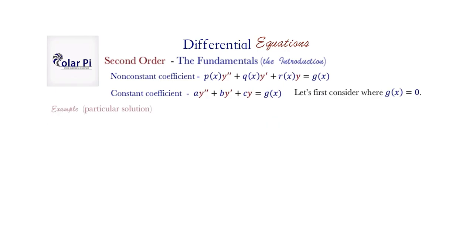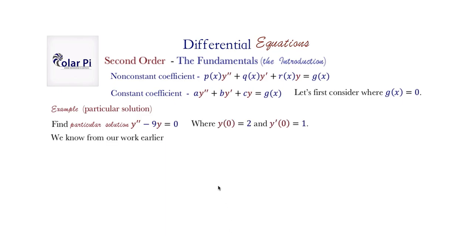Okay, all right. Now, we said a particular solution, right? And that you get from some initial conditions placed on your differential equation. So let's take the same differential equation that we just solved and impose these initial conditions. First one is saying that the solution y is equal to 2 when x is 0, and the second condition is saying that the derivative of the solution y is equal to 1 when x is 0. Okay, so these are what we're going to impose, and what we said from our work earlier is that this is the general solution, and so this is our y, and so y equals 2 when x is 0 will amount to saying